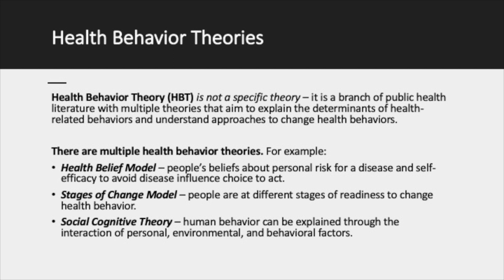Now, there is one more here, and that is social cognitive theory. This attempts to explain human behavior using a three-way interactive model, and the three components of this model are personal factors, characteristics of the individual, then also characteristics of the environment, so environmental influences, and then also one's own behaviors. And without getting into too much detail here, the social cognitive theory is an example of a theory within health behavior that's a little bit different, because it does have increased attention to environmental influences.